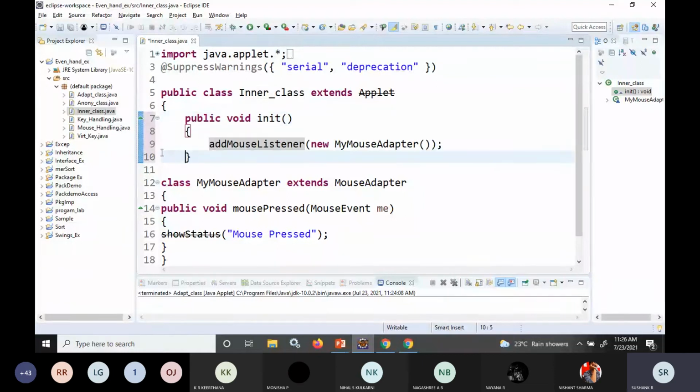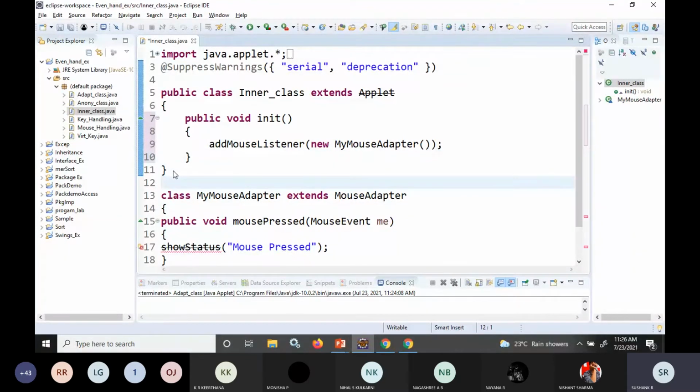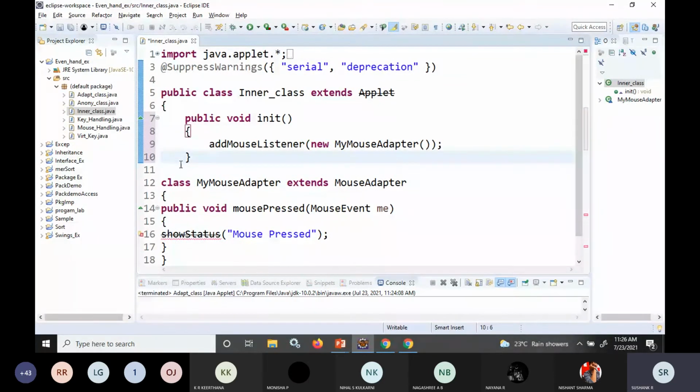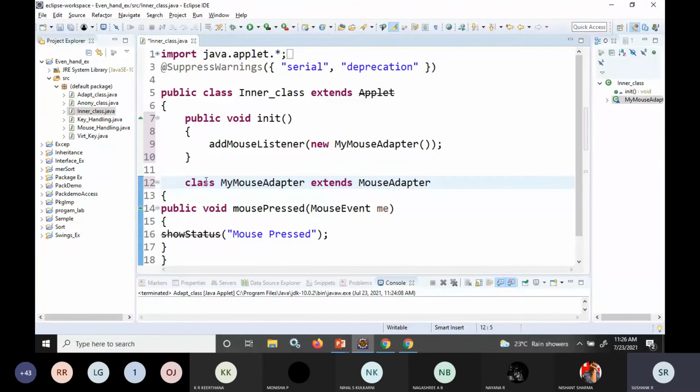Inside this class, see here I'm not closing. If I close this, then we have two different classes, but I'm not closing that. Inside this class itself, I'm writing one more class which is given the name MyMouseAdapter. So this is my class 2, and this MyMouseAdapter class is my inner class.